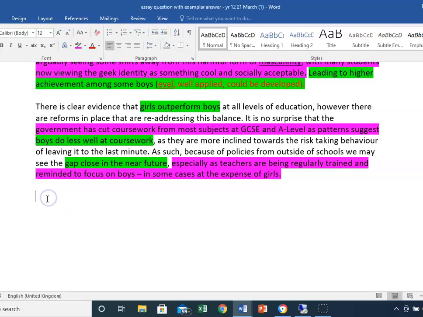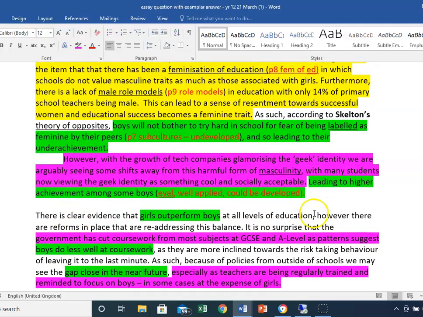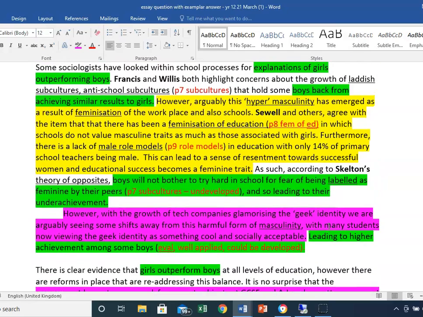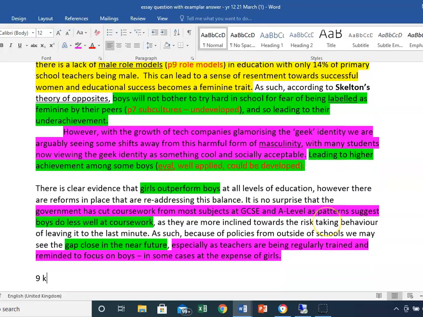Okay, so just like if I was marking it for the exam, I would do some general comments at the end and have a look at the mark scheme, see where it fits in. So one of the first things the examiners will look at is the breadth of points that are made, and then they'll look at the depth. To get in the top band, you want breadth and depth. So this person's done at least 9 key points, okay, as well as some excellent evaluation points. So I'll say 9 key points,